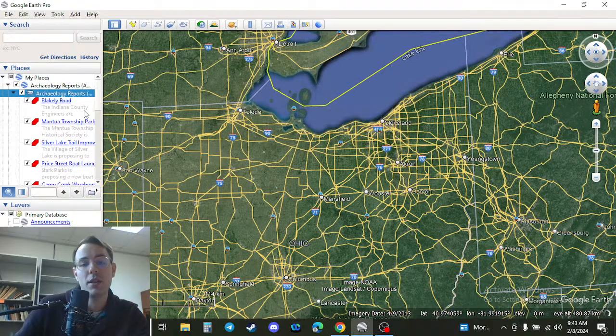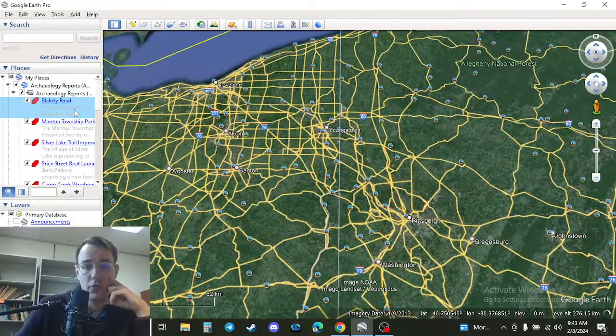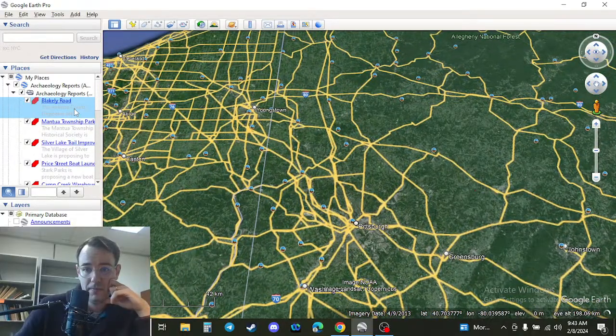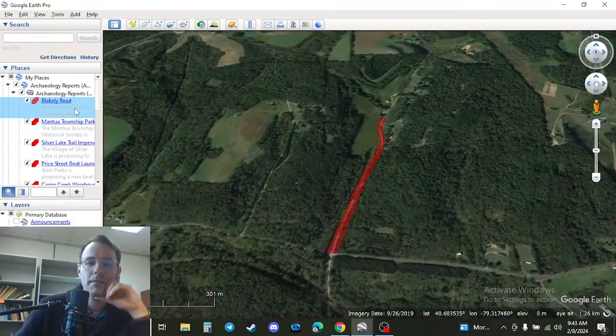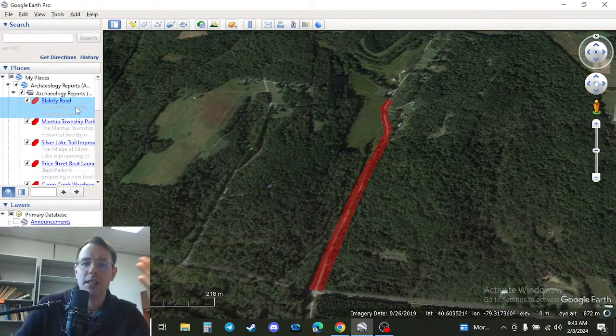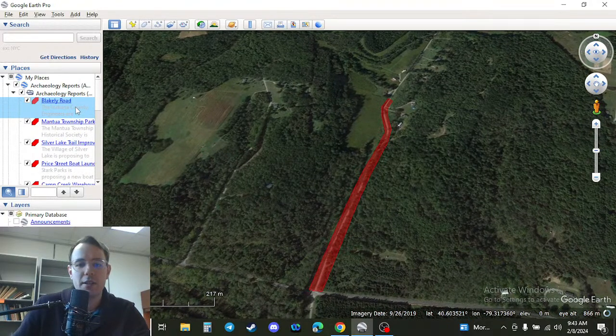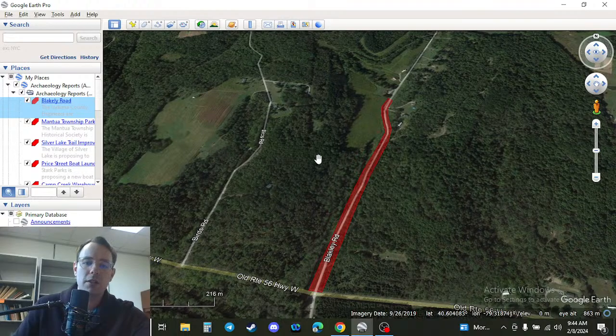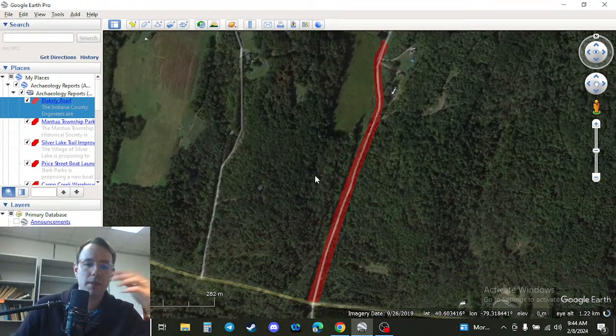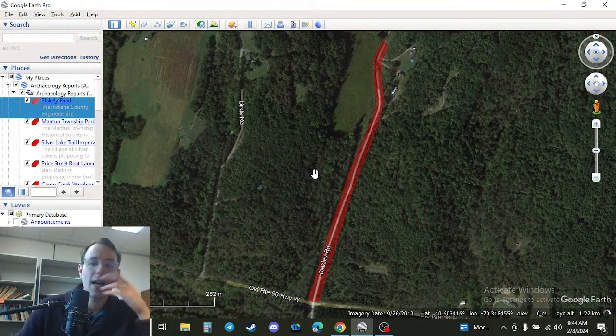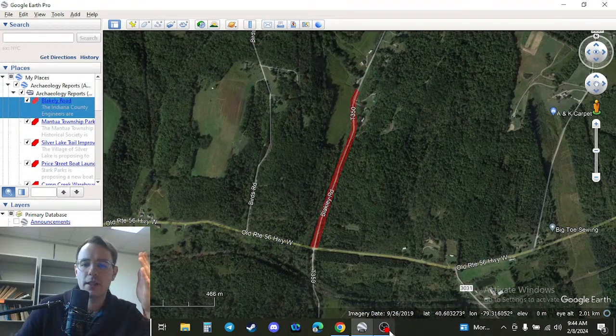And if we want to zoom into one in particular, we can just double click it, and then Google Earth will zoom to it for us. And here's our polygon. And we call all these polygons because they're just shapes that have been created. And for this particular KMZ file, we have,